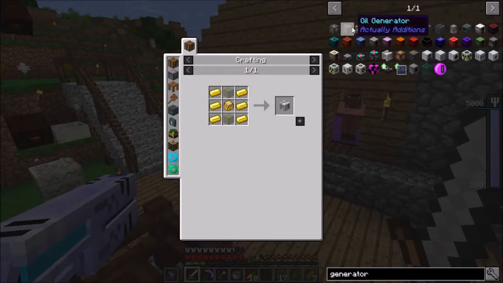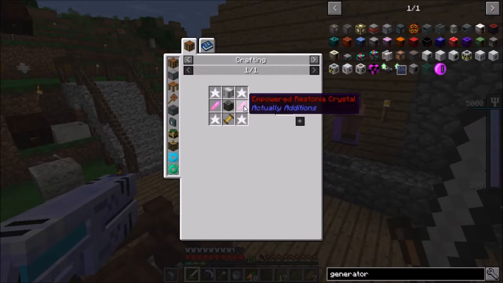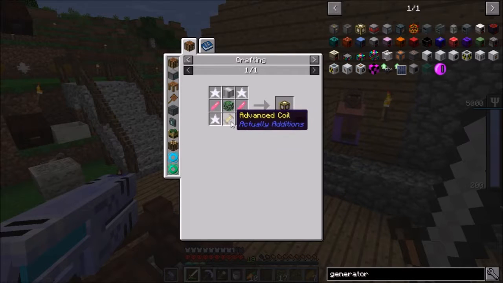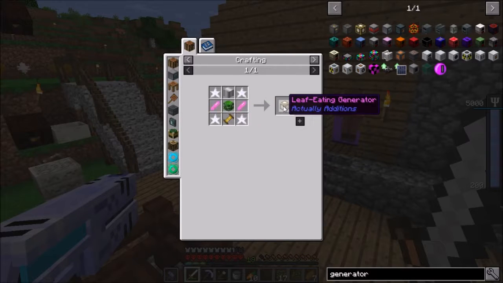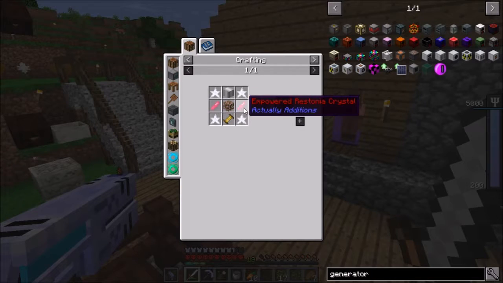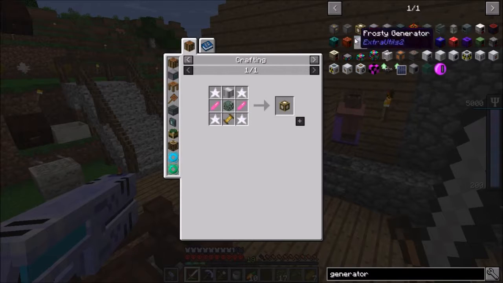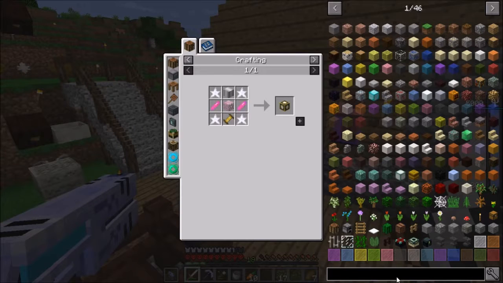Generator, oil generator, leaf eating generator. And this is one of the things that I kind of want to get towards from Actually Additions, because I can just plant trees near it and then harvest the wood once it's done. I reckon that'd be a pretty good one to work towards,